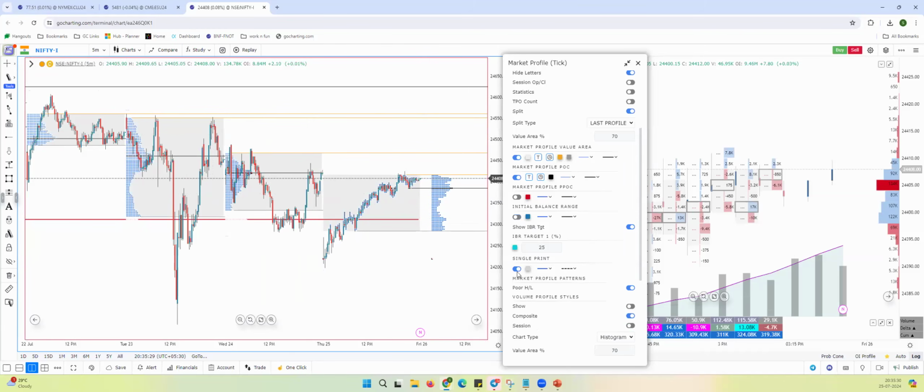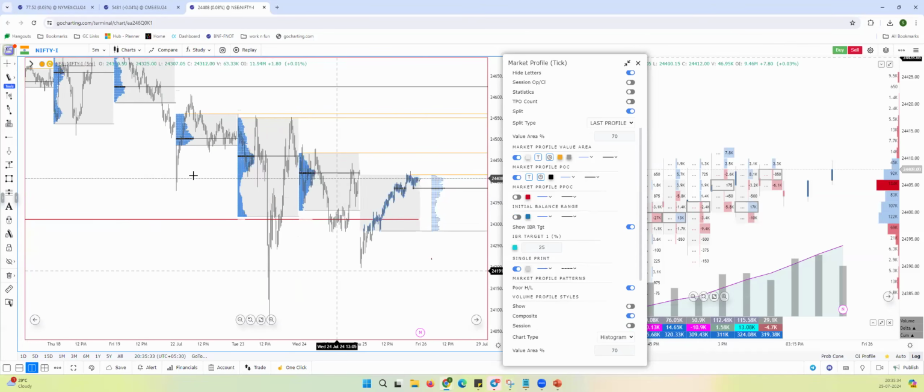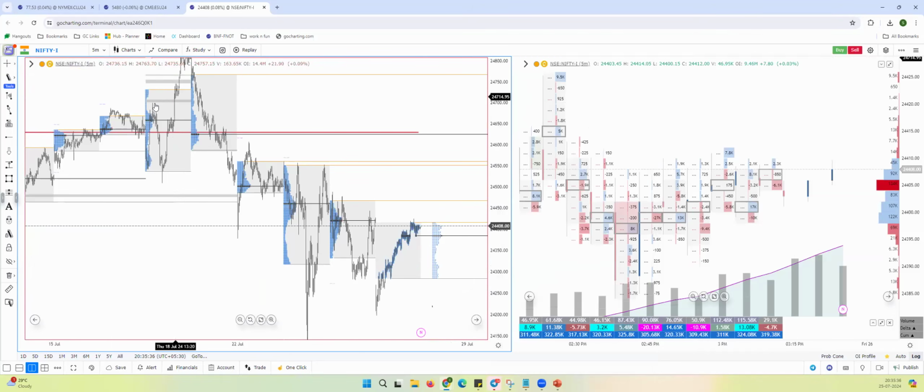You can highlight single prints in a structure, so it will really pick up the single prints wherever they are there, and be able to draw resistance and support lines. For example, single prints are being drawn as resistance and support lines. Okay, and then